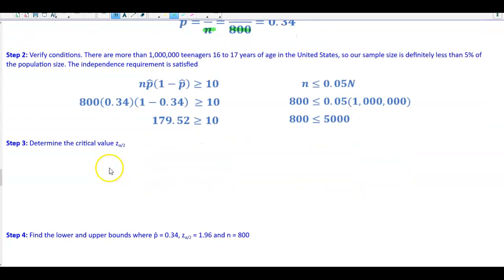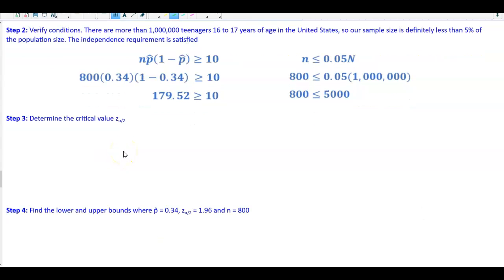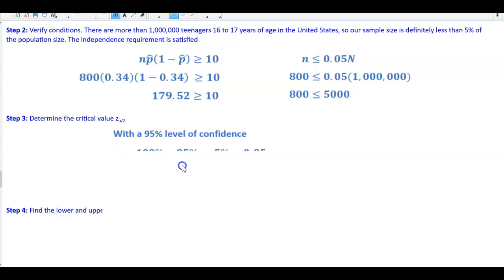Now, we need to determine the critical value, which is z alpha divided by 2. Okay, now with a 95% level of confidence, what we need to do is determine what alpha is first. Well, alpha is taken 100% minus 95%, which gives us 5%. And therefore, 5% as a decimal is 0.05. Okay, now we need to find that critical value. Well, z alpha divided by 2, well, what do we find for alpha? Alpha is 0.05. So 0.05 divided by 2 gives us